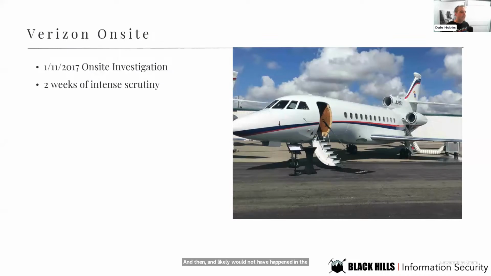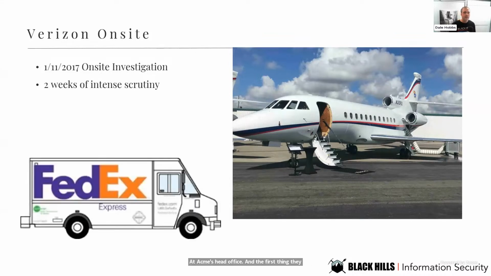All right, so finally, on January 11th, over a month after the initial detection of the compromise, Verizon arrived on site at Acme's head office. And the first thing they did was image a bunch of systems and ship them back to their office. So over the course of the next 2 weeks, Verizon proceeded to ship 6 additional system images, 3 more encrypted hard drives, firewall logs from all compromised outlet stores, and then, of course, the Bit9 logs as well.